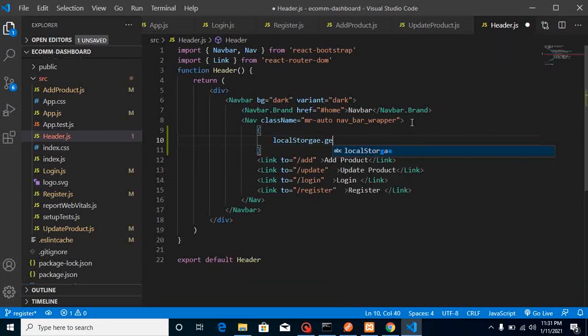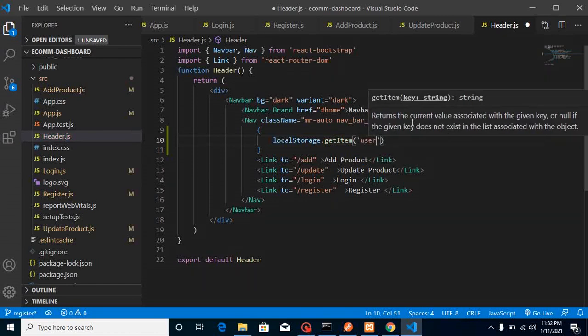dot. What's wrong with it? Why is it not showing me IntelliSense? Now that's fine. Okay, getItem. Here we can write user info. If this is